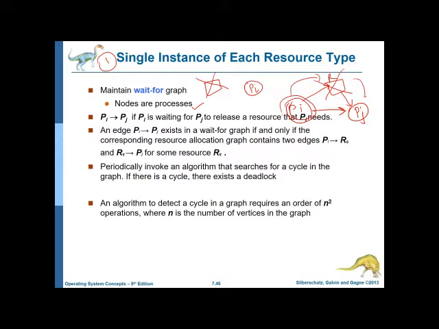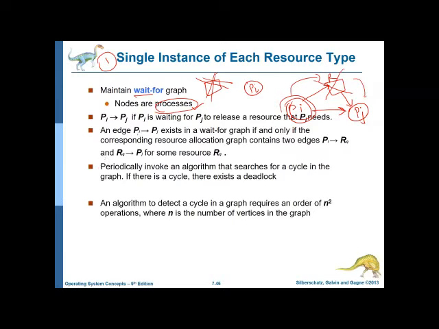Understood. So in this wait-for graph, I already told you there's no resource in that diagram. We do not add the nodes known as resources. We only have nodes that are processes. So you will be having only Pi and Pj. And if an arrow between Pi and Pj occurs, that means that Pi is waiting for Pj to release some resource that Pi requires.